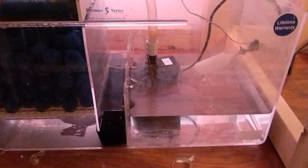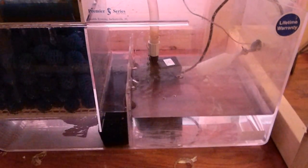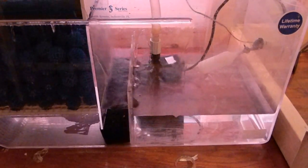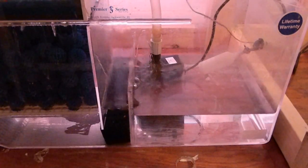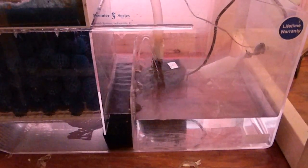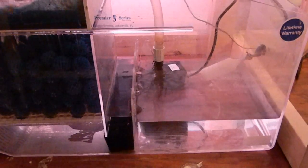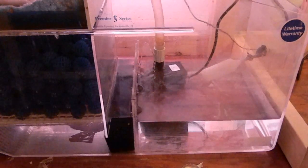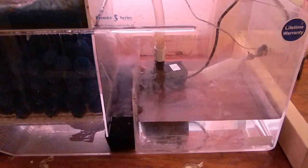Let me see if I can get a shot when it starts to empty it. This all happens simultaneously. I would also like to know how I can alleviate the gurgling, because I've heard of Durso drain pipes, which I have on my 300 gallon, but the way that,